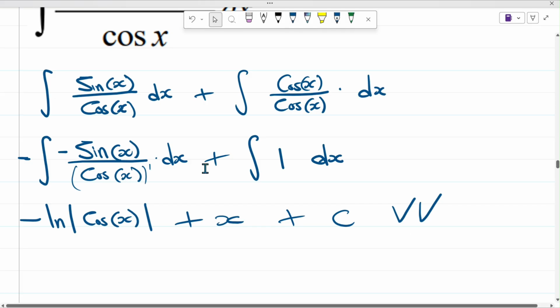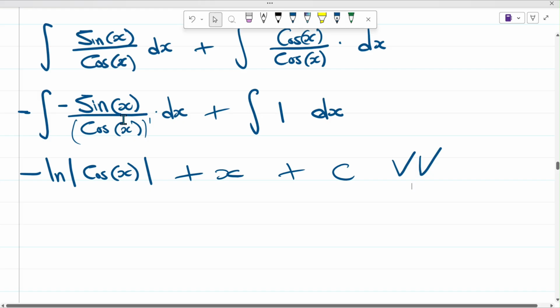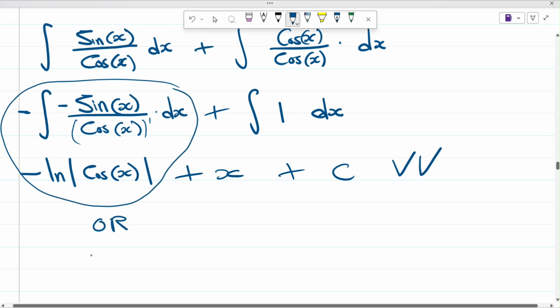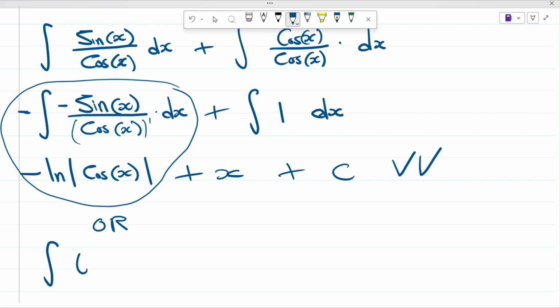Also, this could be done in two ways. One could have just changed sine x over cos x into tan, right? You understand? So let's do the OR thing for this. Or it could be the integral. If you change sine x over cos x, this is going to be the integral of tan of x dx,